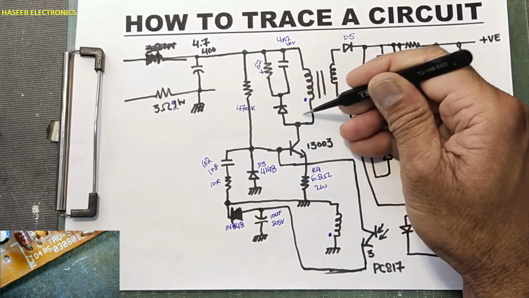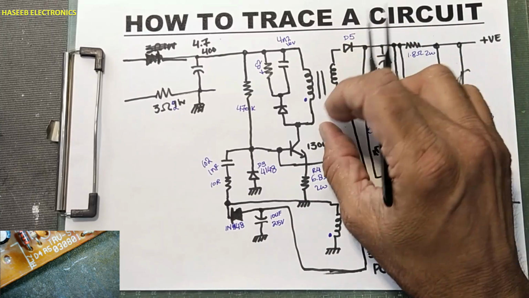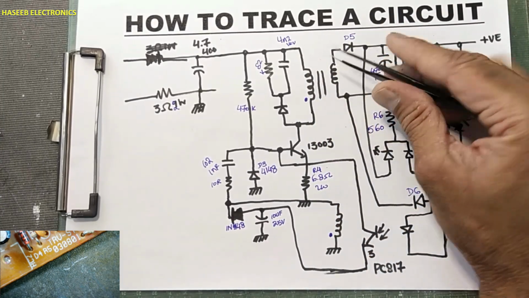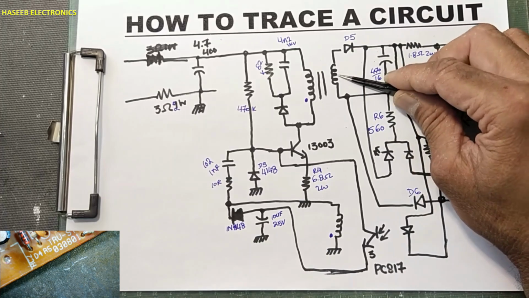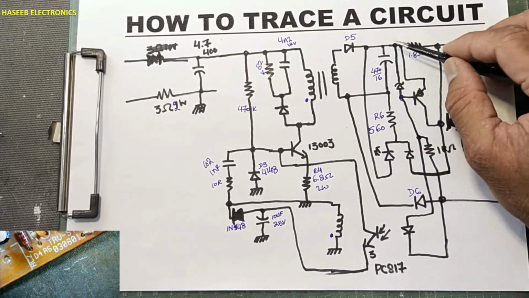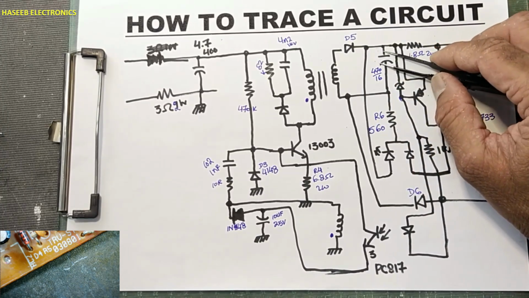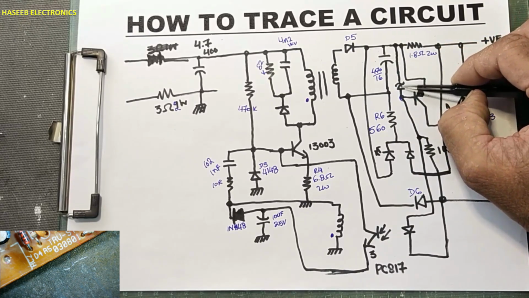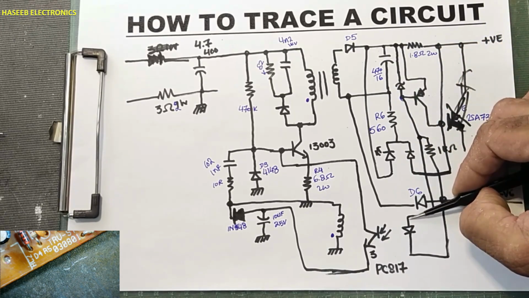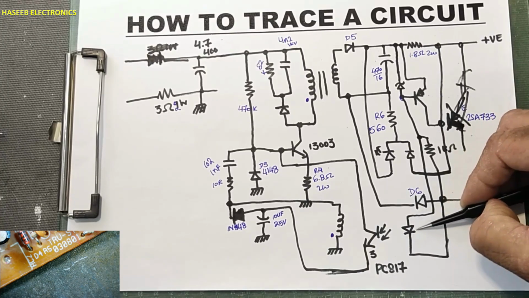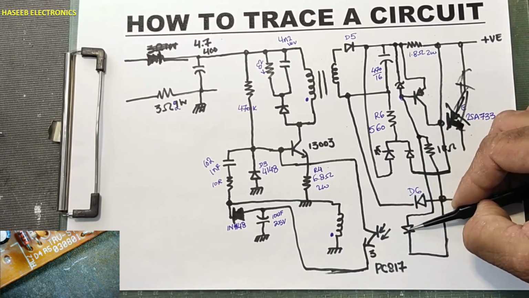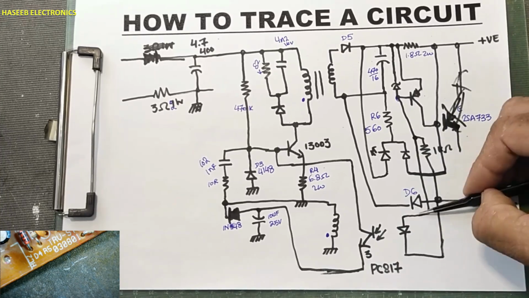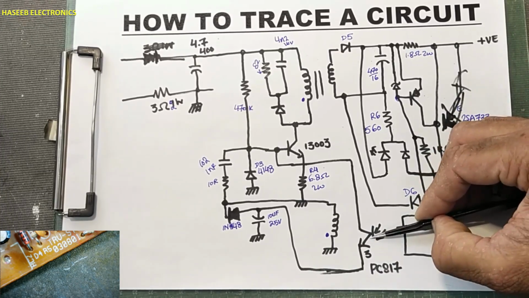When it will become positive, it will start to draw more current here. This transistor will move into saturation, so more conduction. When more conduction, more voltage will be here. When it will provide voltage in this winding, this diode will rectify the voltage, and this capacitor will charge. Here we have this Zener regulator. It will provide conduction to this LED, that is the optocoupler LED. Second end of the LED is connected to the negative side. At that time this optocoupler will start.